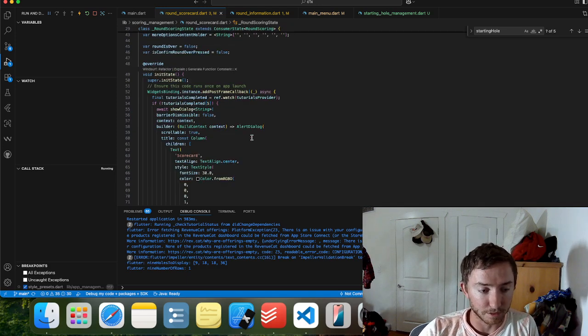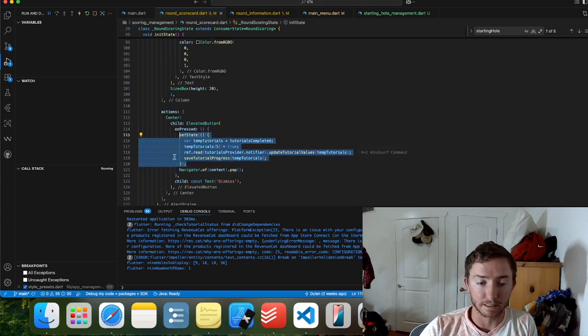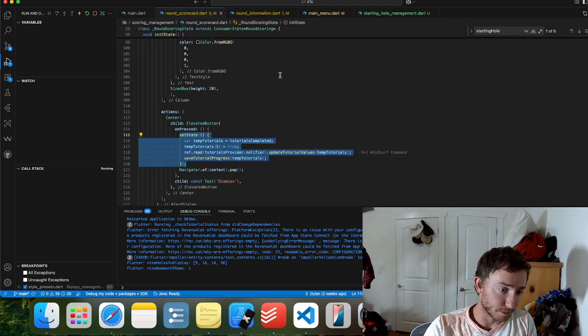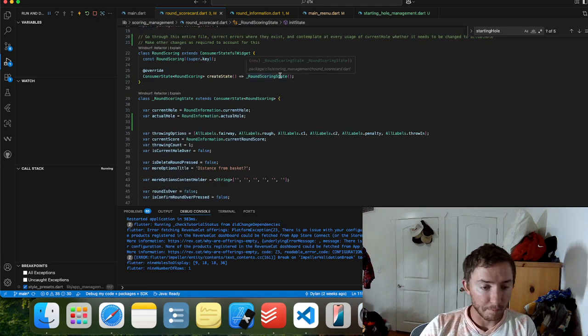I can update it with a simple set state like this. It's going to reload the view, which is going to reset that local variable. I feel like the set states don't always update this the way that I want them to. Again, probably just due to my lack of understanding them. But